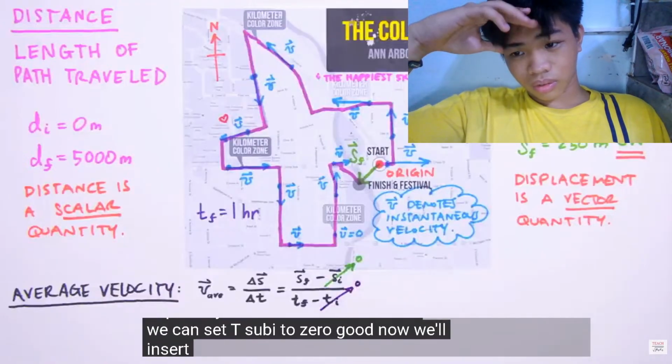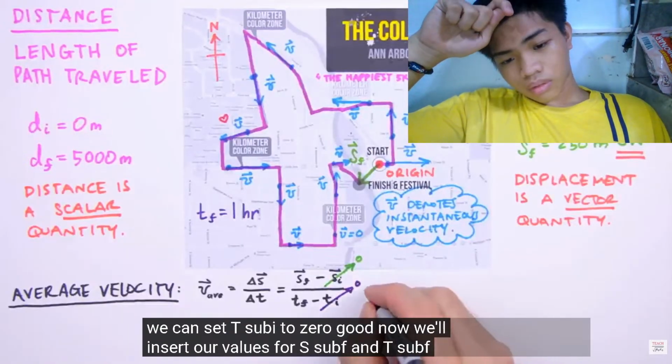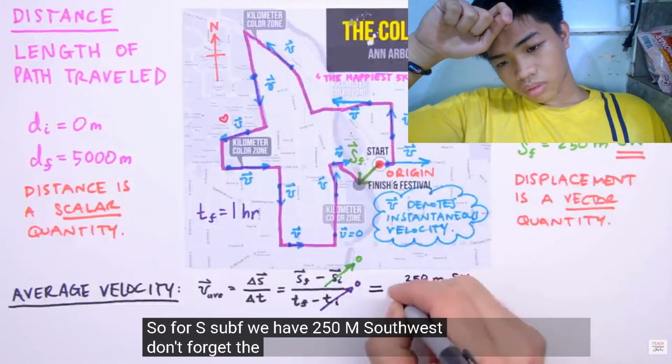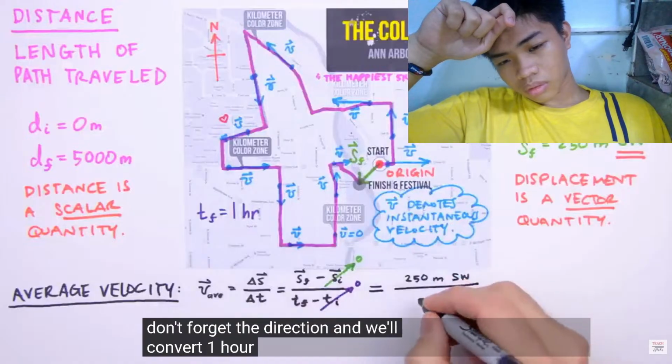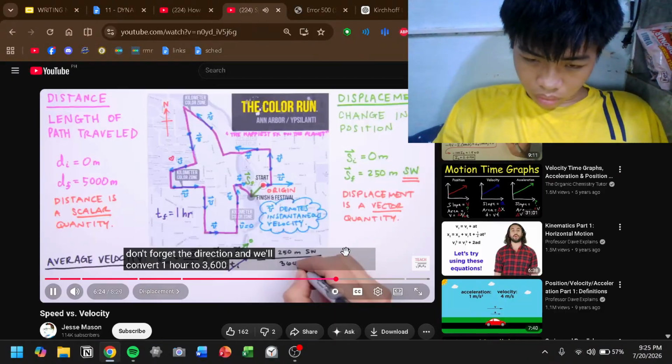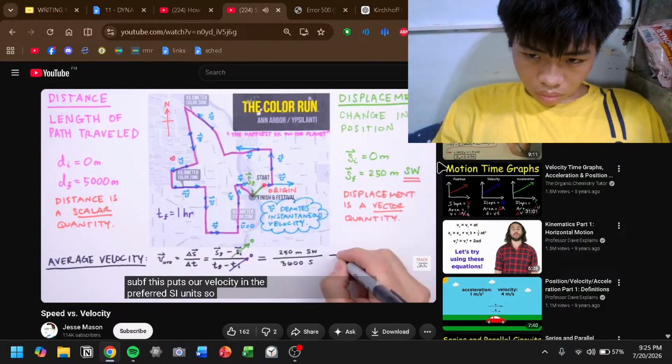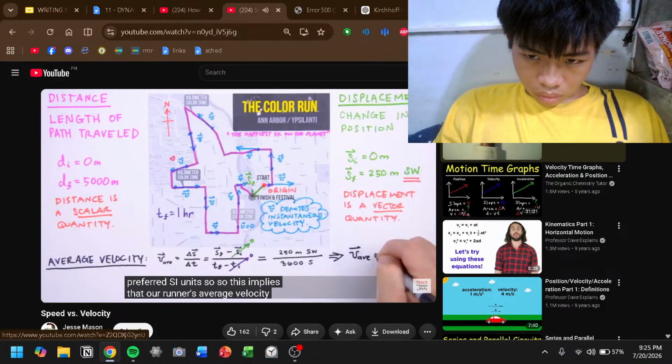Good. Now we'll insert our values for S sub F and T sub F. So for S sub F we have 250 meters southwest, don't forget the direction, and we'll convert 1 hour to 3,600 seconds for T sub F. This puts our velocity in the preferred SI units. So, this implies that our runner's average velocity